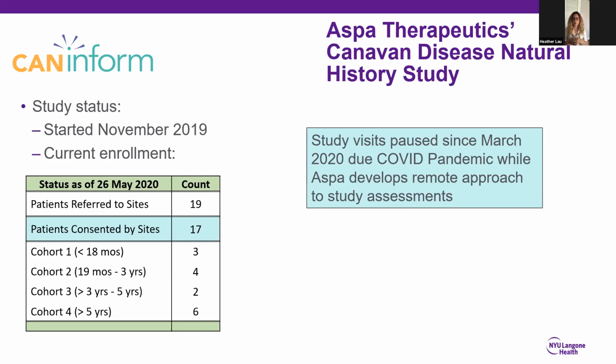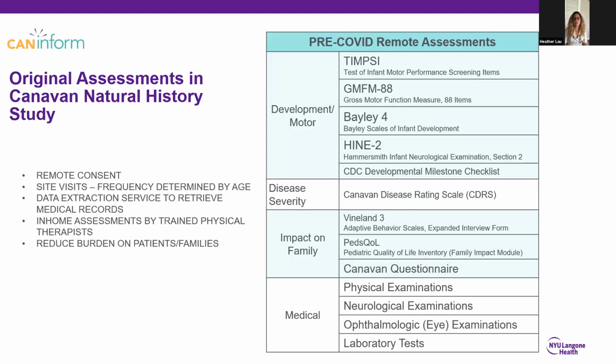But in addition to that, there were prospective assessments. So there were going to be on-site visits as well as in-home assessments. However, as of March, due to the COVID pandemic, we had to pause due to safety, and we started to alter the approach. So just to review, for the original assessments, looking at some key features of Canavan disease, which is the gross motor delay, language and vision,